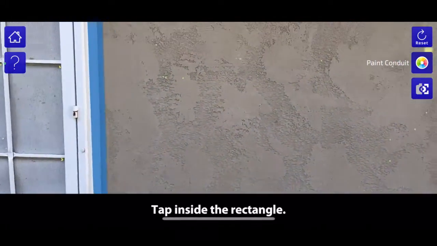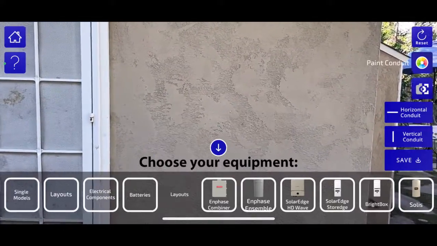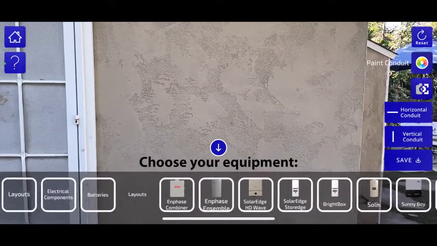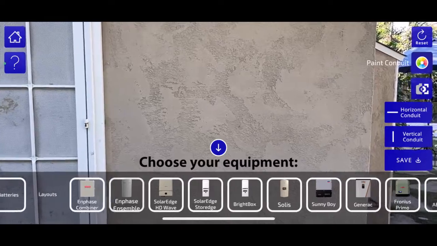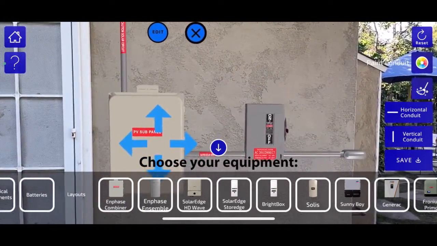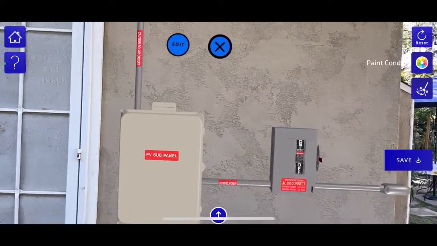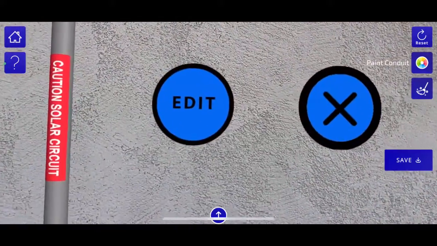So the phone will detect the wall, then you tap in the center, it prompts you to take a few steps back so you can see the equipment better. Now we have pre-made layouts that will have an AC disco, some conduit, but you might not need that. You might want to build it from scratch, or you're going to start with the pre-made layout, and then you can hit this edit button